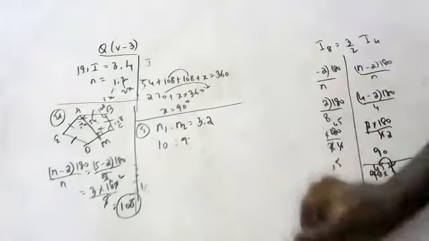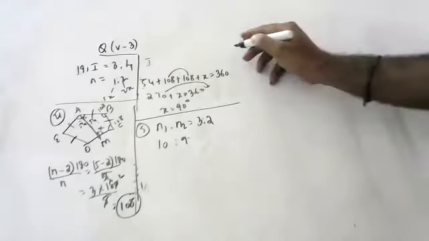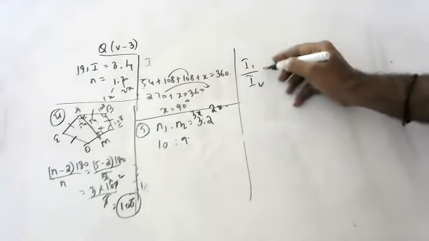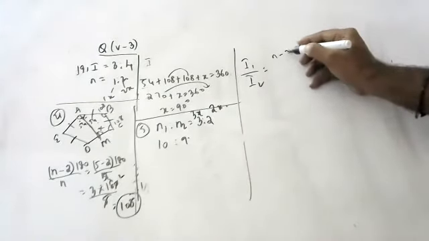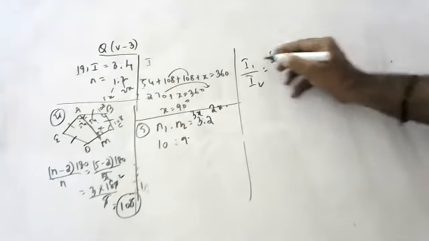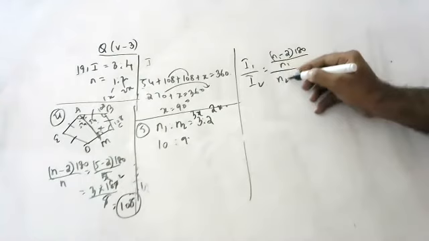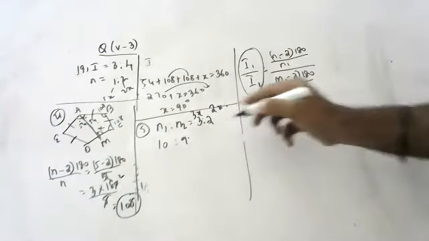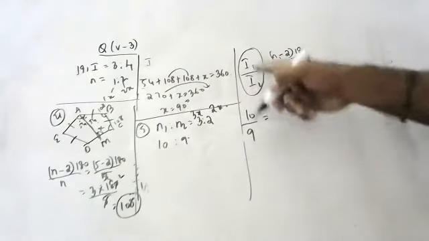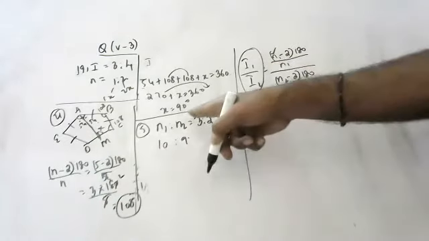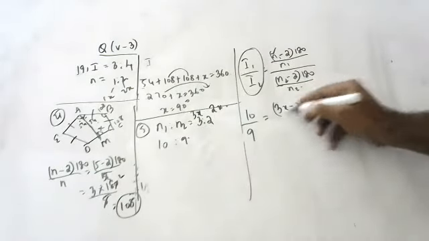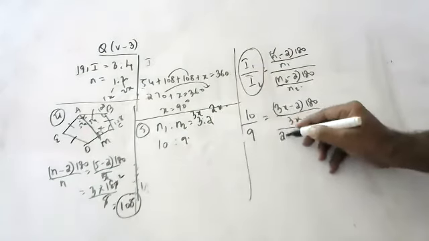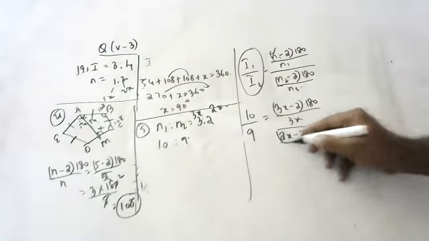Can you tell? Sir, you can take the ratio as 10x and 9x, and the sides as 3x and 2x. I1 by I2 is equal to the interior angle formula, (n minus 2) into 180 by n. This is I1 with n1, and I2 is (n minus 2) into 180 by n2. What is the interior angle ratio? 10 by 9. What is N1? 3x. What is N2? 2x. So (2x minus 2) into 180 by 2x.